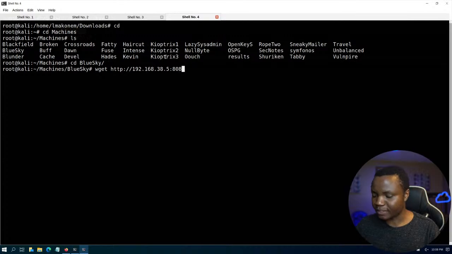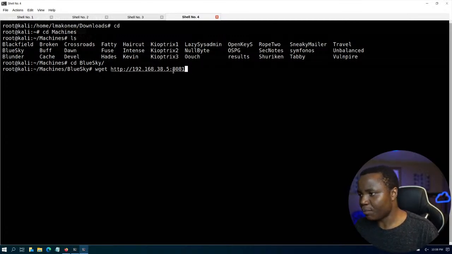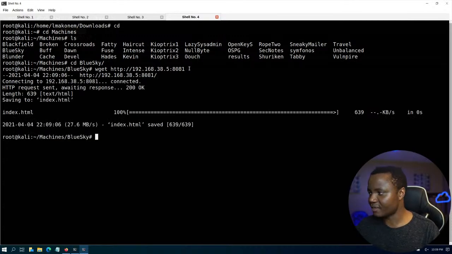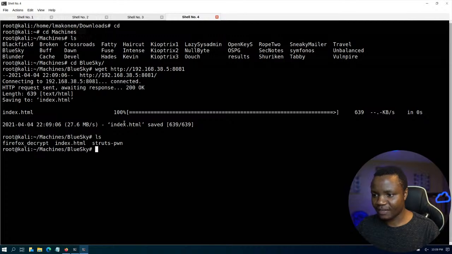I'm on port 8081. The reason why I'm using 8081 is port 8080 is my default port, and usually what happens is, if the same port is being used already, of course you cannot host your server there. I could have used port 80, but I like port 8081 here. This will get everything from that system in that directory. If I do an ls, I now have